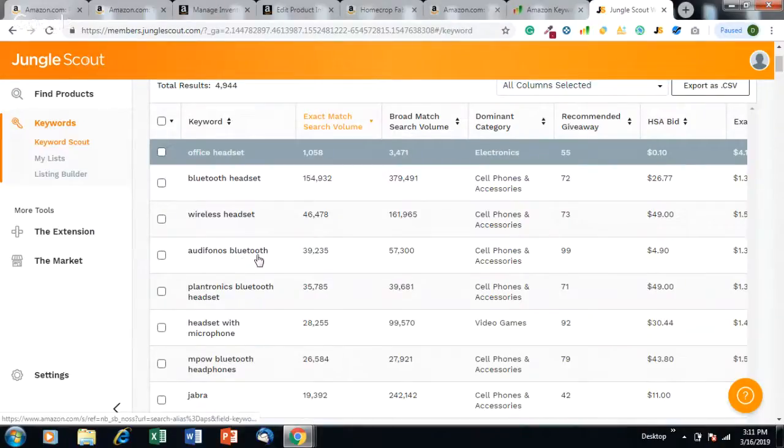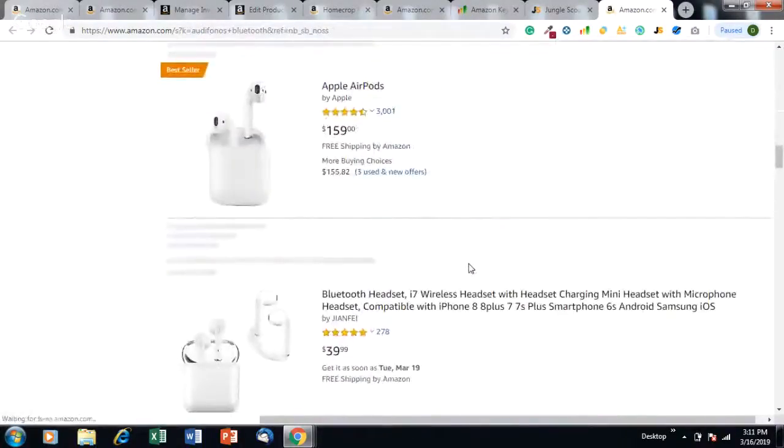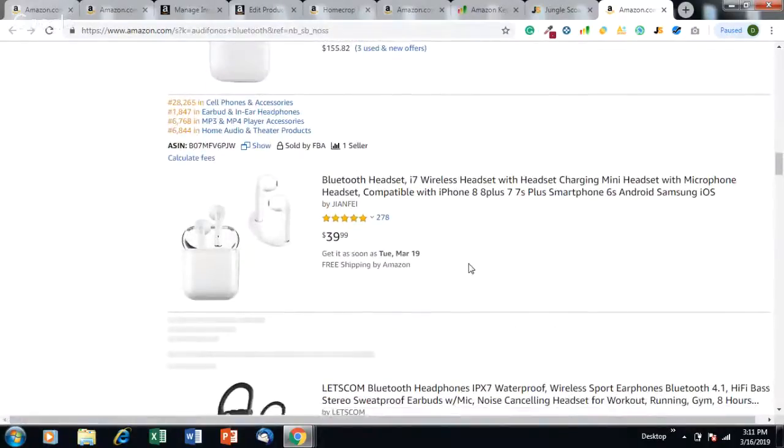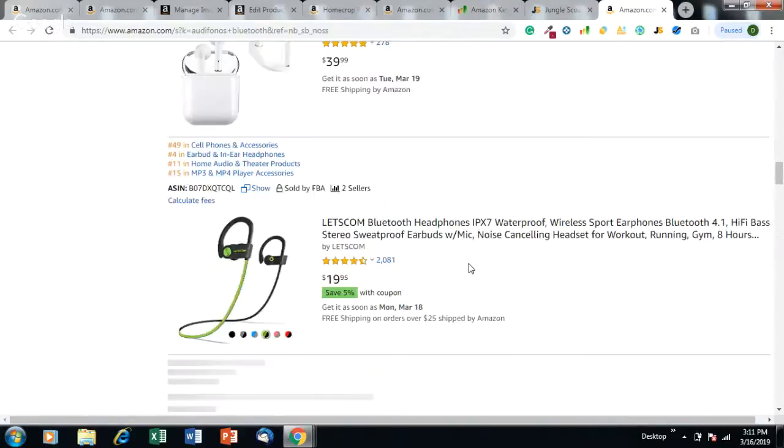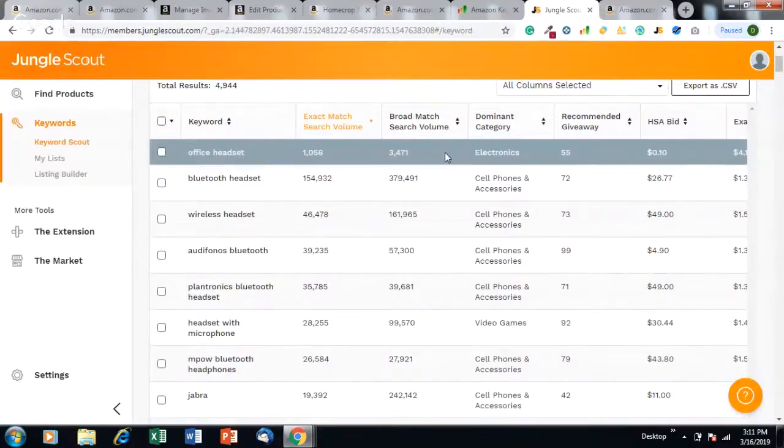So let's say this one, Audiphonos. Okay, so this is probably one of the keywords. This doesn't look like an office headset. This is a normal Bluetooth headset, used by somebody for mobile and all those things. This probably is not meant for office purposes. So this might not be the right keyword for us, because our product is about office headsets. So we would not take this keyword as one of our keywords to optimize. Ranking is different, but you would not probably use this to optimize either. So we'll have to find some relevant keywords